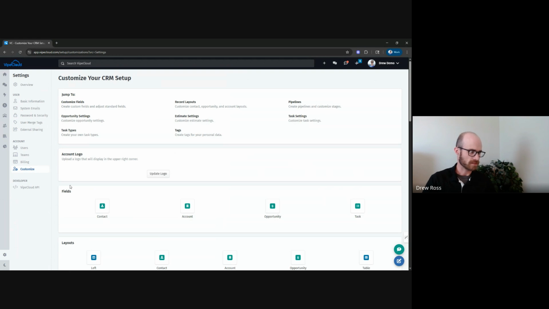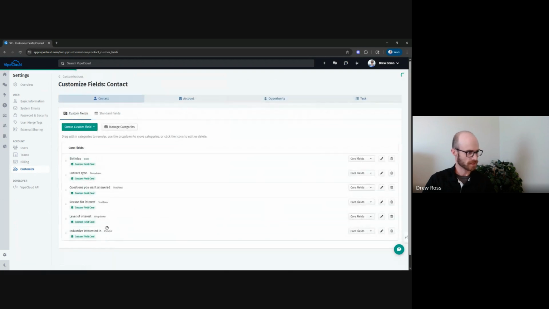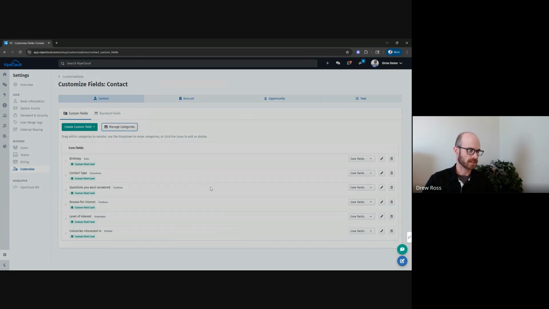We're going to look at the fields card right here, and we're going to choose contact fields for this example, but you are able to do this for account and opportunity fields as well. And we're looking at all of our existing custom fields. You can see this button right here that says Manage Categories. Click on that